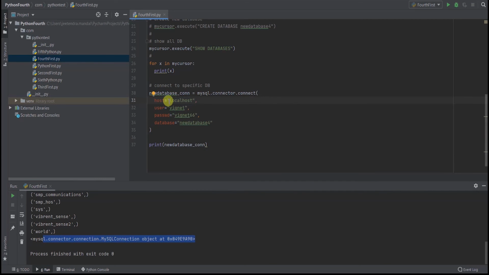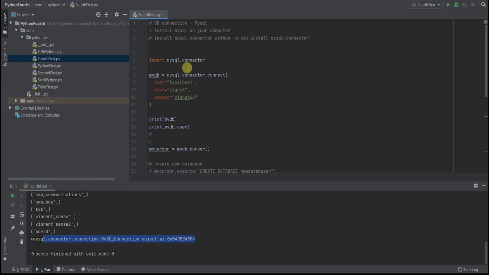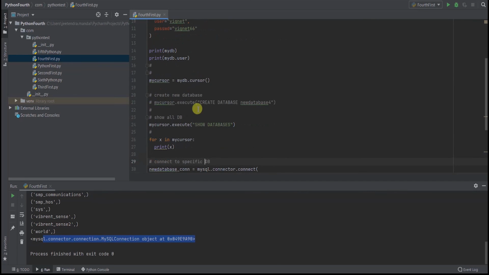So this is how you can connect to a MySQL database. This is very important to install first. Then through this cursor, you can do all the operations like creating a database, accessing a database, and executing any query that you have.